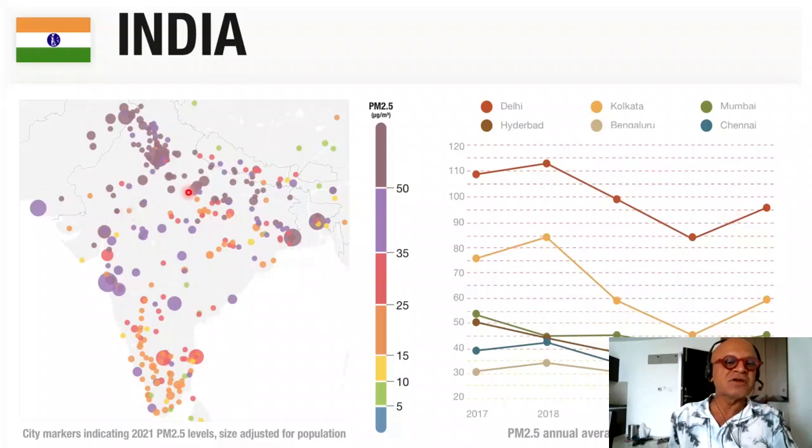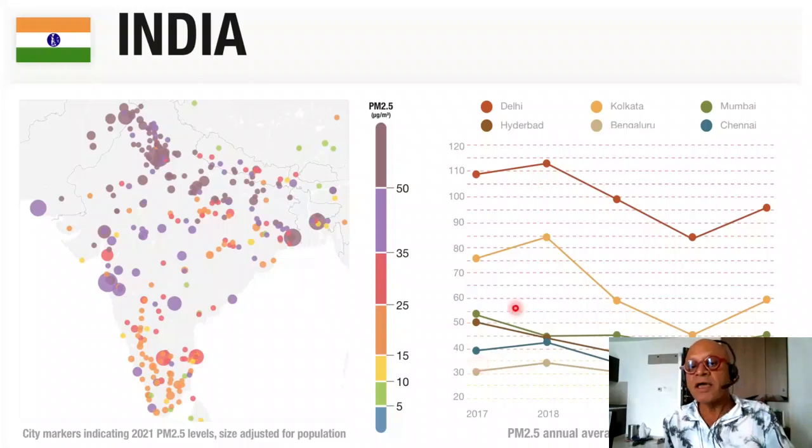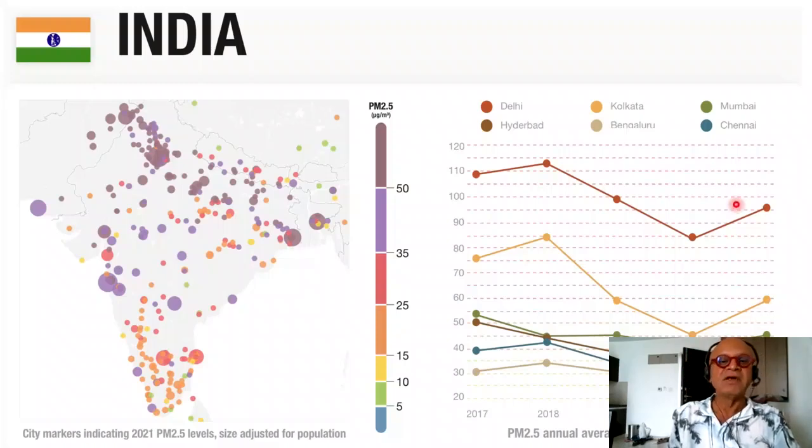Kanpur is not included here, which should be somewhere here, which is also pretty bad because of manufacturing industries and so on. This is Kolkata, which is quite bad. Mumbai, the greenish color is here, which is worse than Hyderabad and Bengaluru. Bengaluru here is like the cleanest, and yet it has gone up here in 2021 than Chennai. Is blue the color of Chennai? Yes. Okay, so just keep those things in mind.